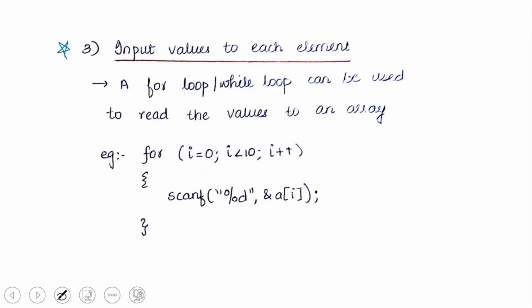This is the most important method of assigning values to an array. The user can input the values using a for loop. The for loop will be initialized from i equal to 0 because the index always starts from 0. Next will be the test condition as to how many elements are to be entered, and the last is the update case. Using this method you can input the values to the array.